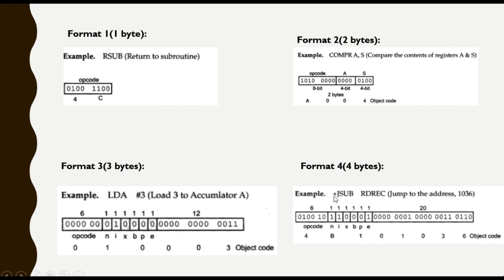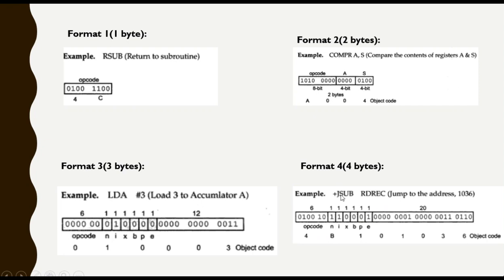Then this is extended: whenever plus comes, format 4 will be used. Extended JSUB, jump subroutine RDREC, where RDREC is the name of the subroutine. The meaning is jump to address RDREC. Suppose 1036 is the address of that; the fourth format will be used here, 4 bytes, 6 bits for opcode, and these are the flags.